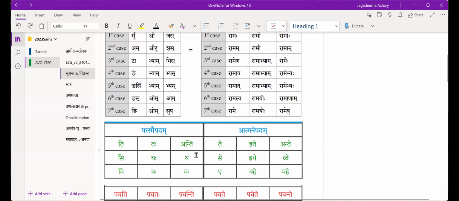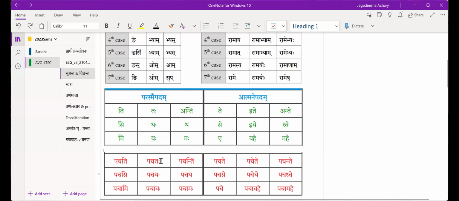but I think I might have accidentally deleted it. Okay, so the ting pratyayas, the very first pratyaya is tip. See my cursor: tip, tas, jhi. That is where ti, tah, anti comes. Like pachati is pach plus tip. Pach plus tas becomes pachatah. Pach plus jhi becomes pachanti. So this is how it ends finally.